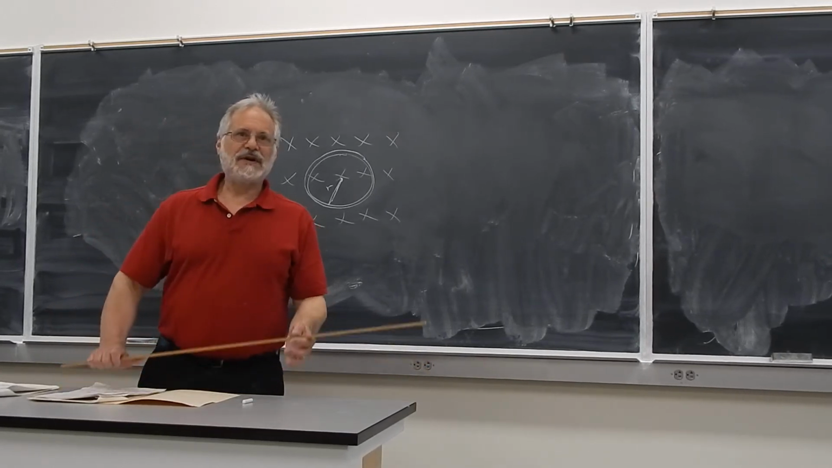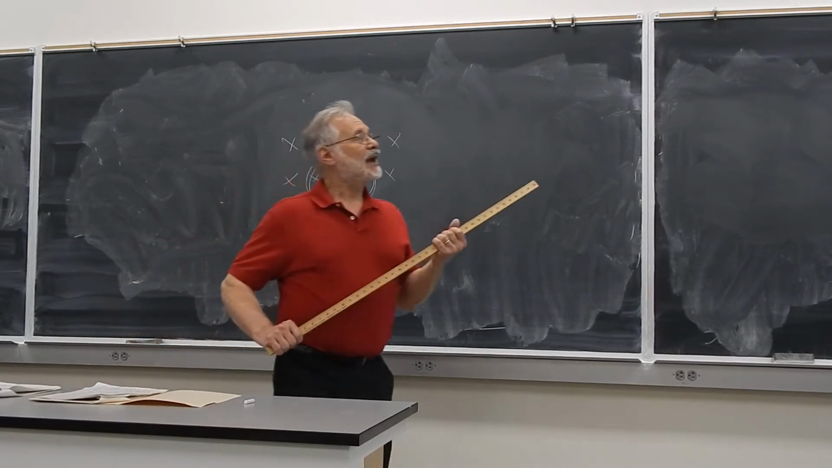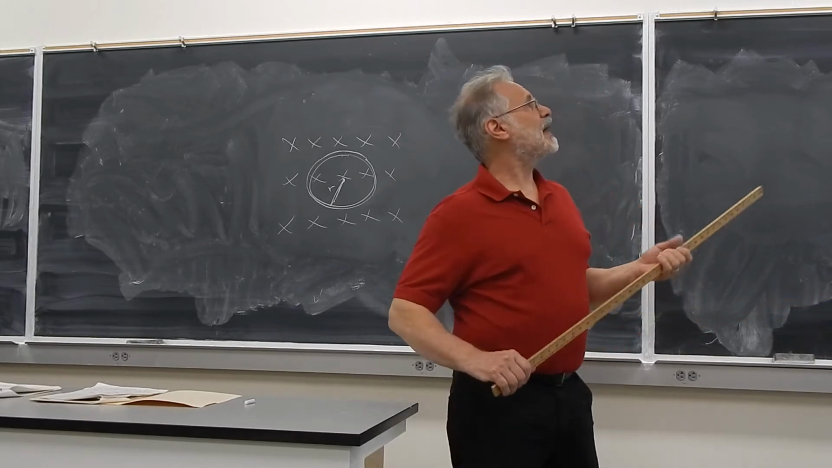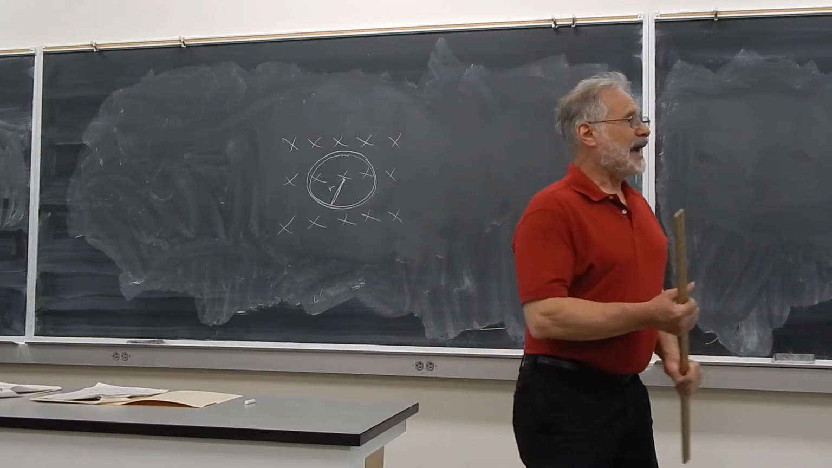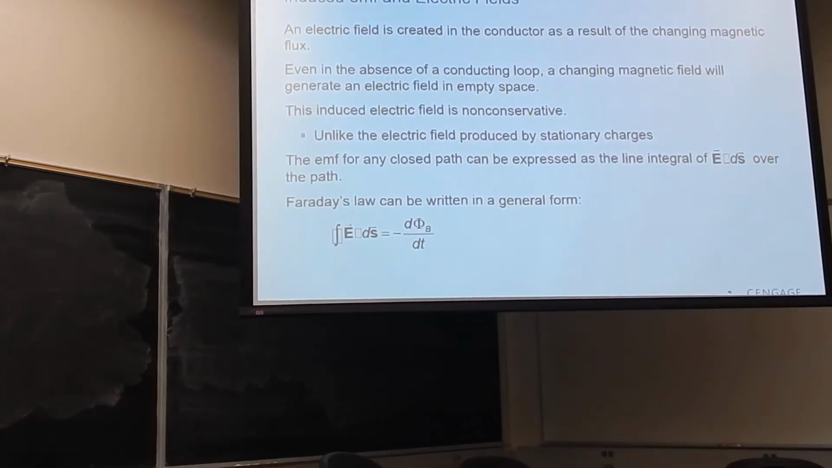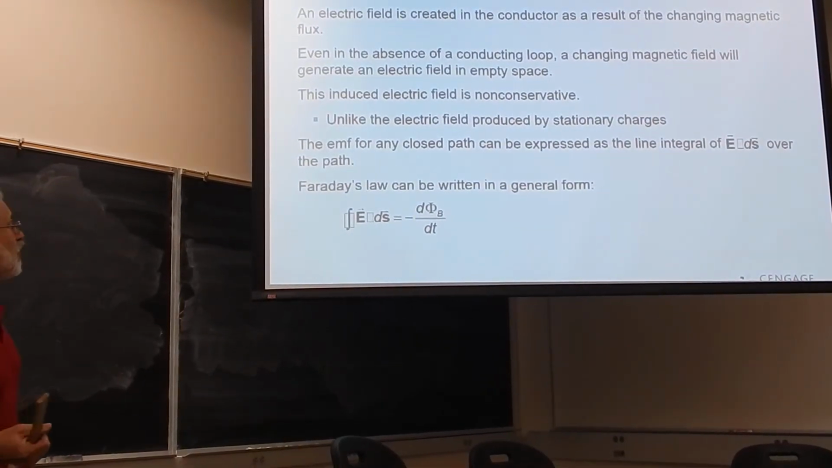This is part 2 of Faraday's law. What I want to consider today is an induced EMF and the electric fields that come as a result of that. So I can create an electric field in a conductor as a result of a changing magnetic flux. This is different than the electrostatic fields that we studied at the beginning of the course, caused by point charges